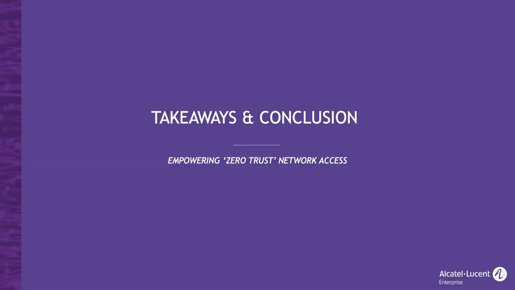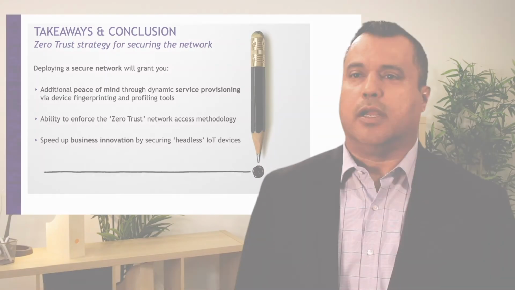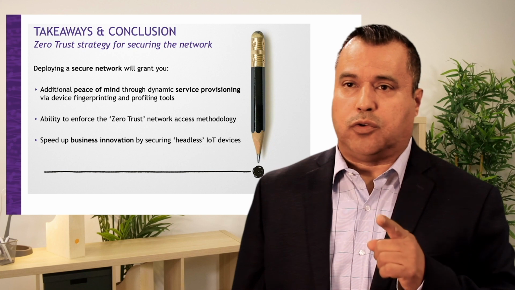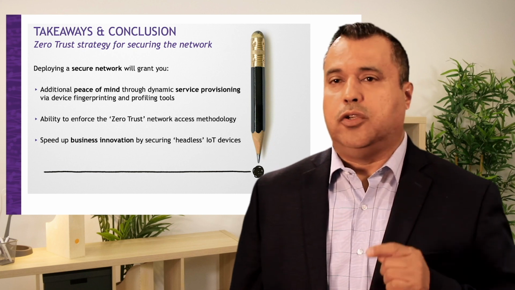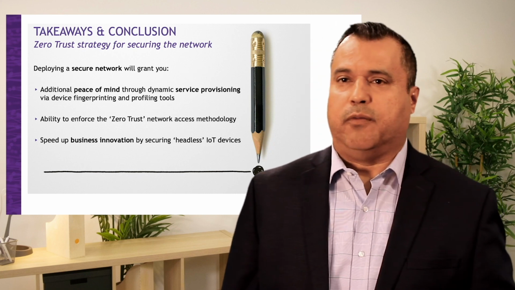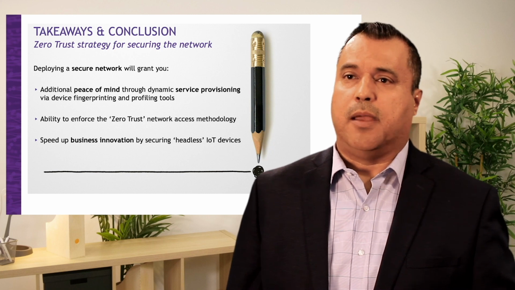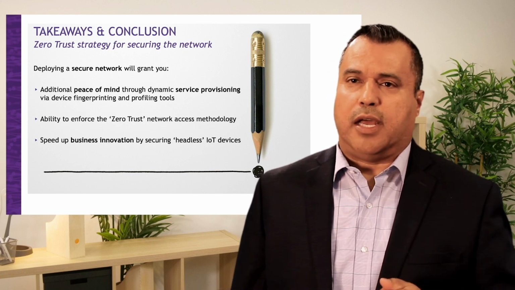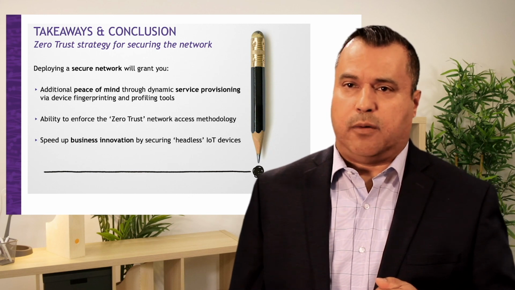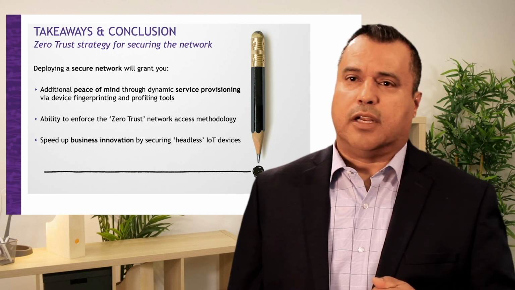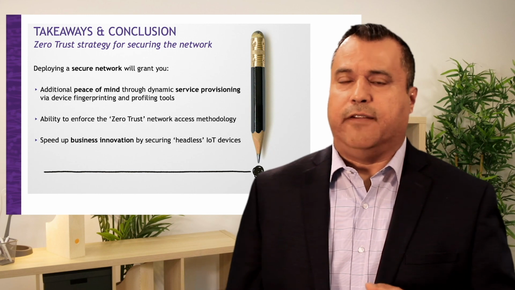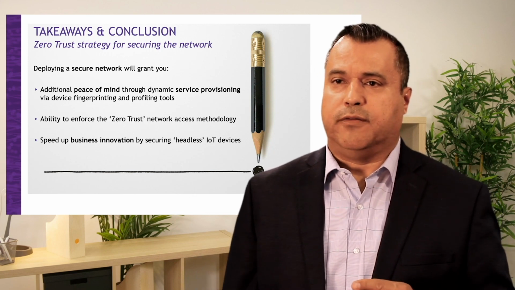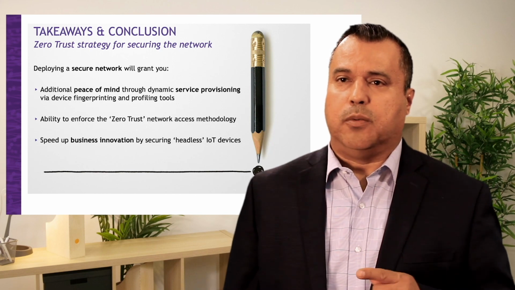Keep in mind that a zero trust strategy for securing the network is a process. A good start is to enable the UMP and access control profile architecture to manually or dynamically provision role-based security policies via OmniVista. ALE's digital age network strategy, powered by a service-defined network architecture that enables organizations to improve security and efficiency through dynamically configurable wire and wireless infrastructure that handles secure mobility